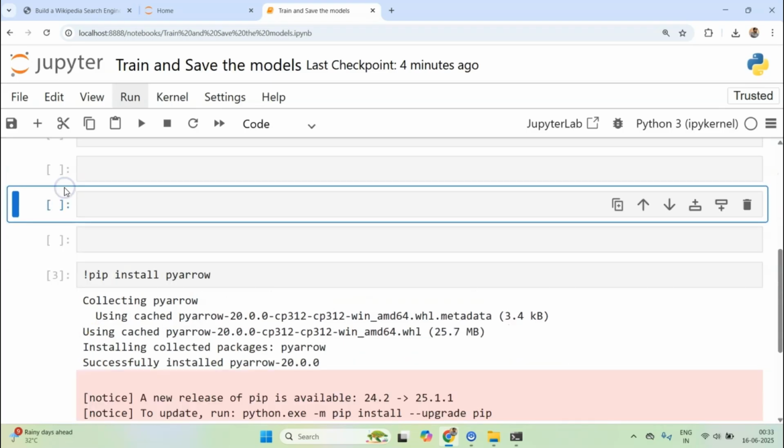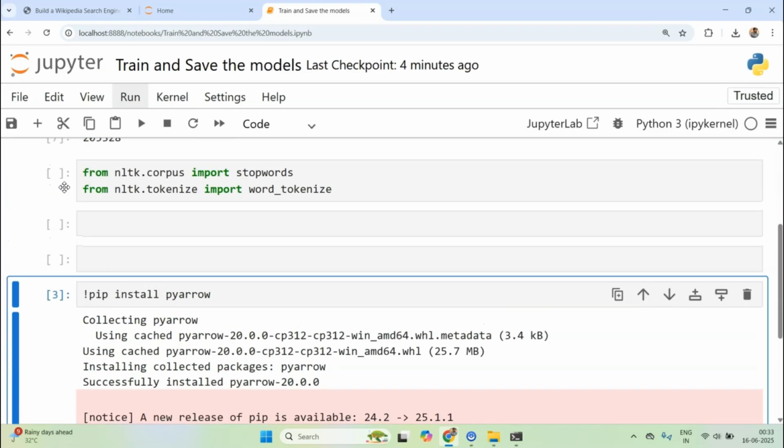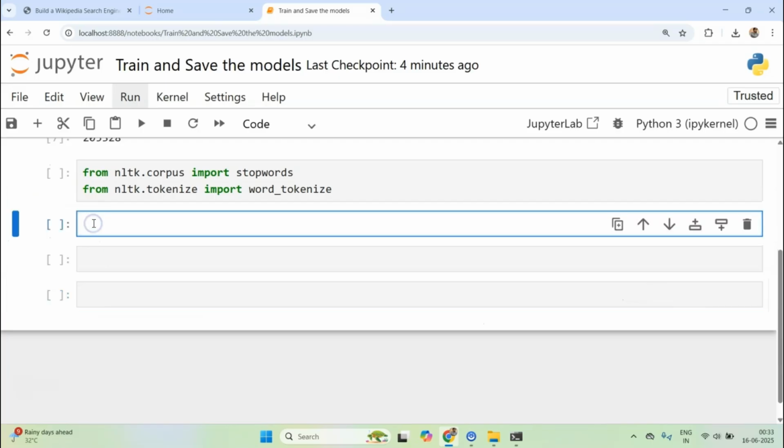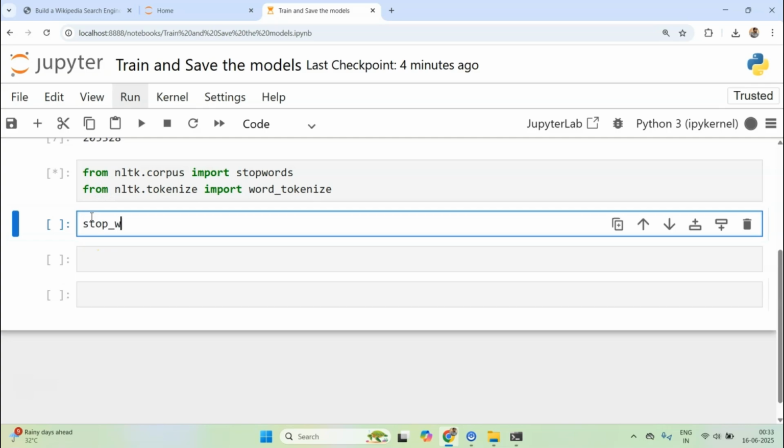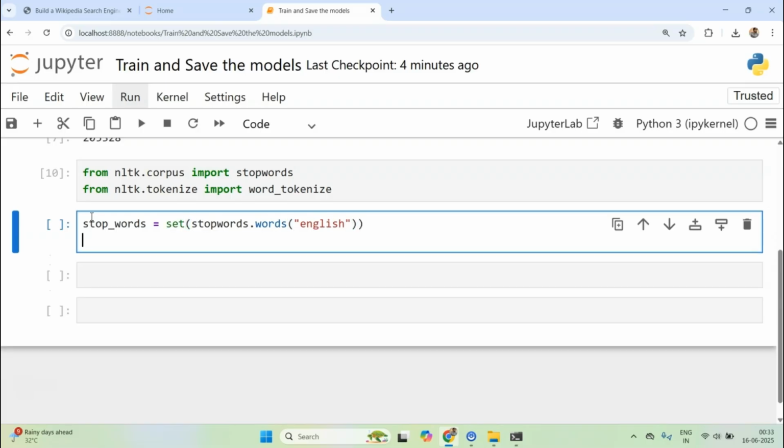Let's delete these cells where we are installing something. Now let's rerun this. I can define a stop words list, which will be stopwords.words, and the language is English. And I can create a set of these stop words.